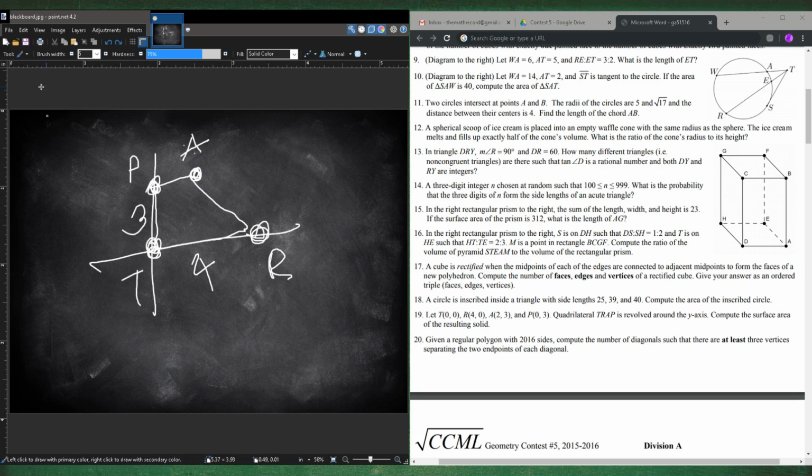So the surface area of a cone is one third pi radius, what, no, it's pi radius squared plus pi radius slant height. This is the slant height. So basically, using that idea, we have